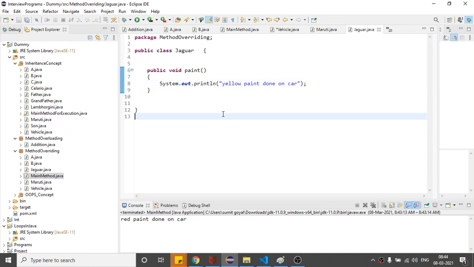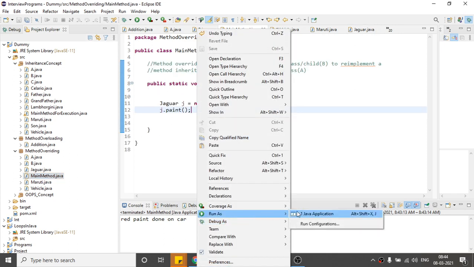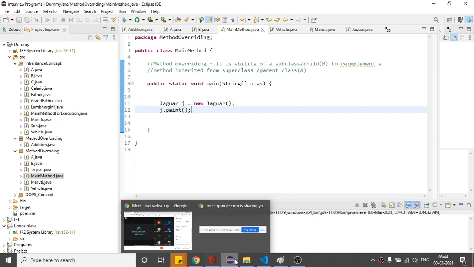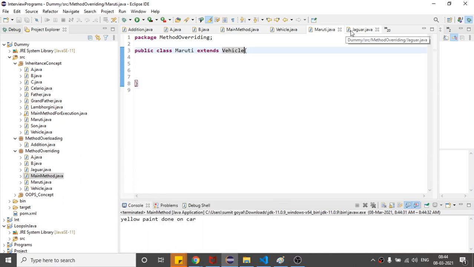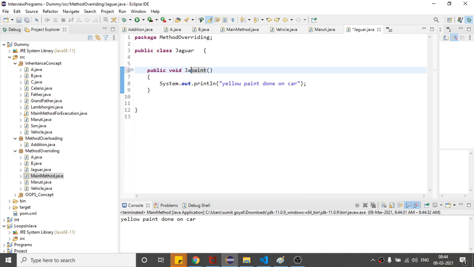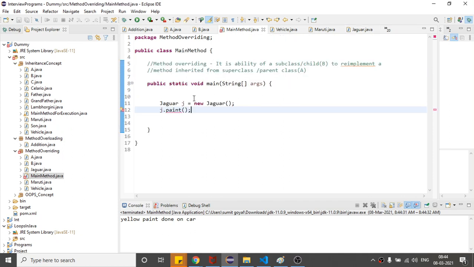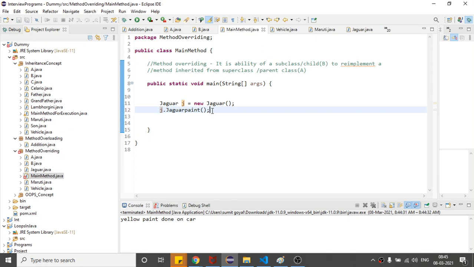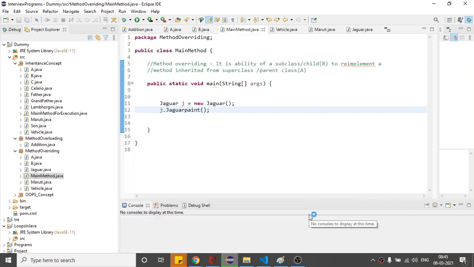I have done yellow paint, and if I simply call this method, j dot paint, and suppose I write Jaguar car, so if I call this, suppose I have created another method and it will print yellow.